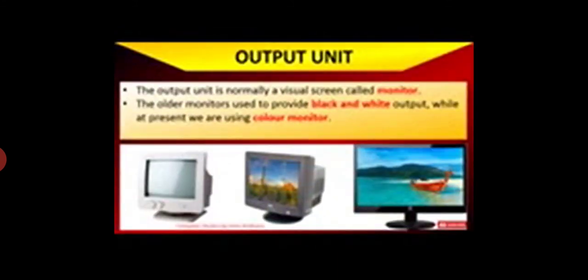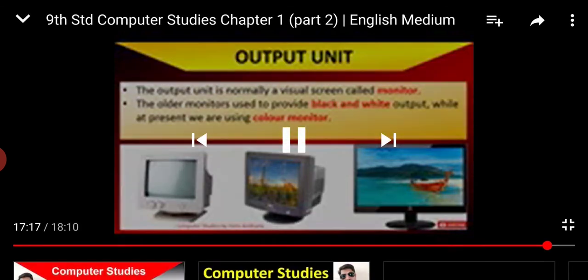Now the last topic of today's video is output unit. The output unit is normally a visual screen called monitor. In older days, monitors used to provide black and white output, while at present we are using color monitors. Here you can see the different types of monitors, and I hope you are enjoying the way I am teaching the things instead of simply reading out the